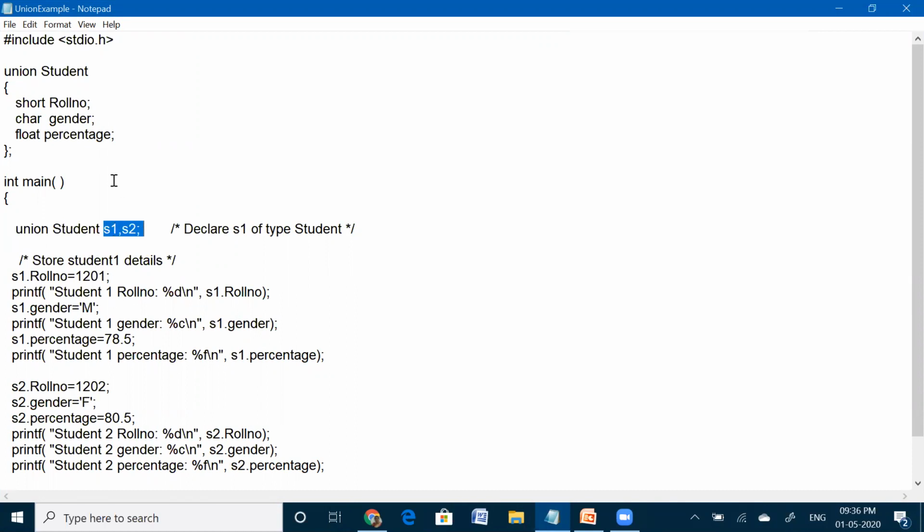Whenever I create s1, memory will be allocated for the union, student union. In that memory, the member that takes the highest memory decides the size. Here roll number is of type short, so it takes 2 bytes. Gender is of type character, it takes 1 byte. Percentage is of type float, it takes 4 bytes. That means the percentage member takes the most memory. So whenever I create an s1 object, 4 bytes of memory will be reserved for